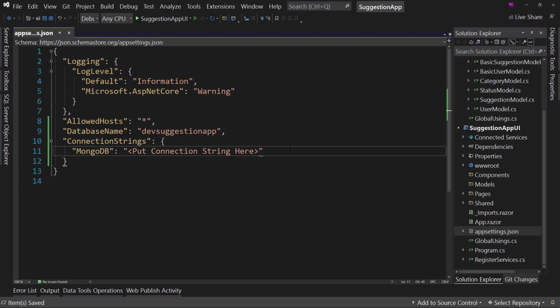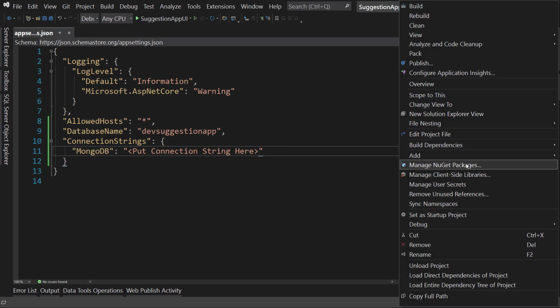And I don't want to give you my database. I don't want you to have access to my server, my cloud offering for Atlas, because that would run up my usage and I would either have to pay a lot for it or it would stop working. So I want my developer Atlas to be just for me. So therefore, I'm going to put this here, and that will be your reminder to put your own connection string here, or, and this is what I would prefer you do, is right-click on your app UI project and say